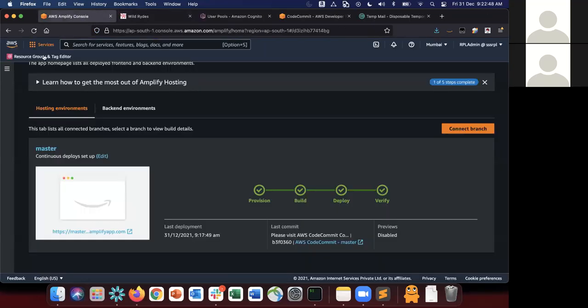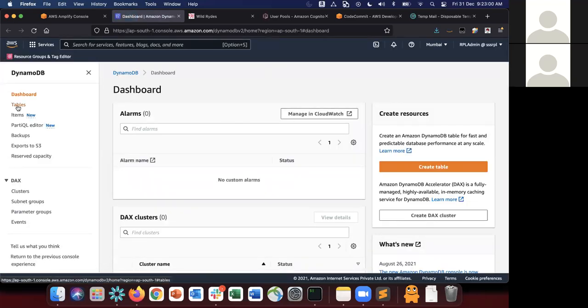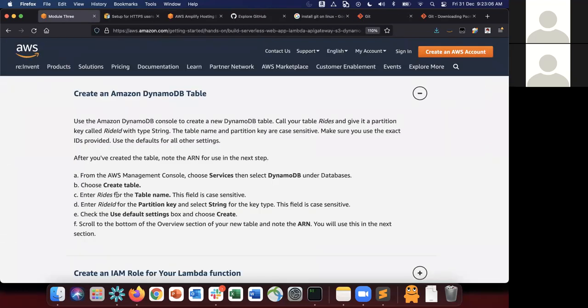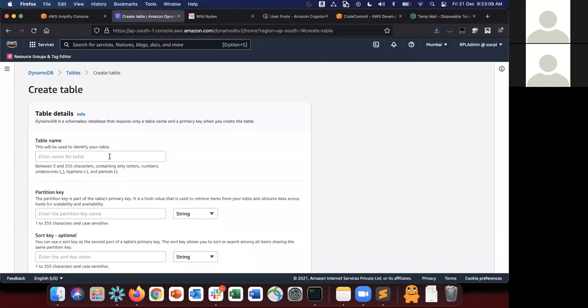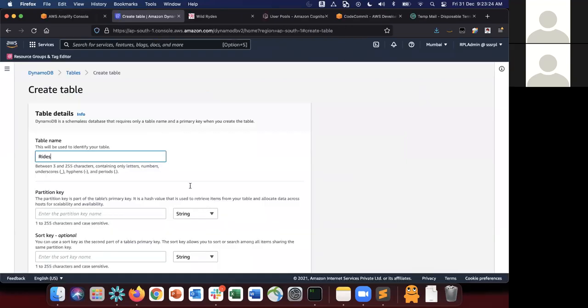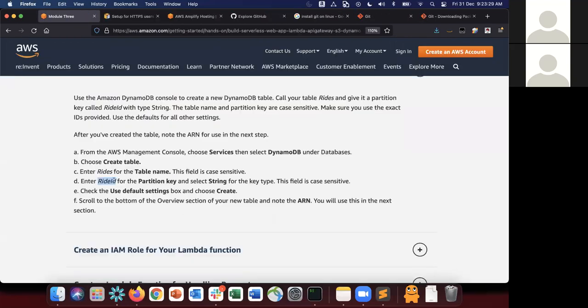Let's go here, choose DynamoDB. All right, let's go here. I'm going to create a new table. Just create a new table as per the specifications called Rides. Okay, and ensure that you just follow this as is, right? Because all these are going to be hard coded in your code. The table name is case sensitive. If you make mistakes here, then your application will not work properly. And use RideId as a string for the key type, as a partition key, and keep it string. Use default settings